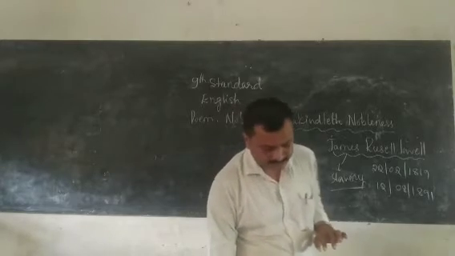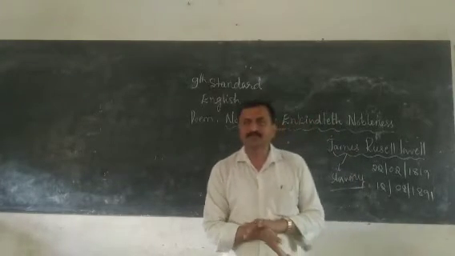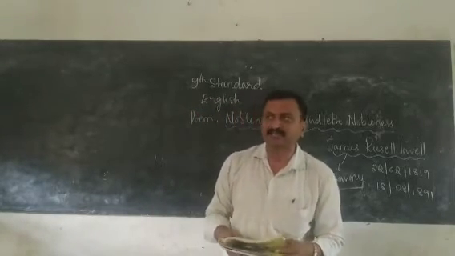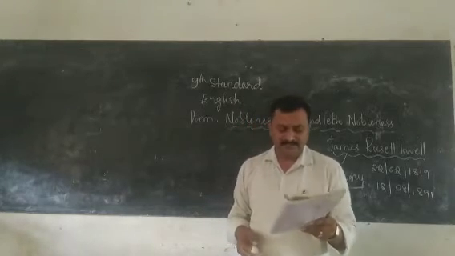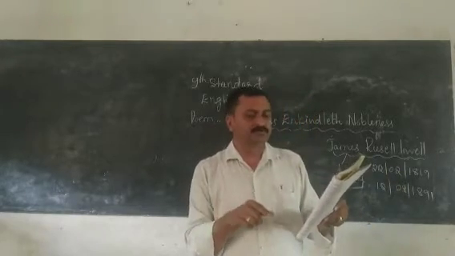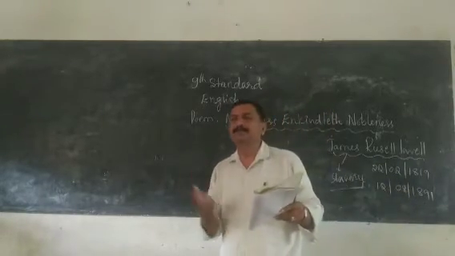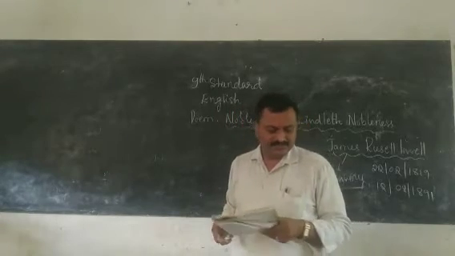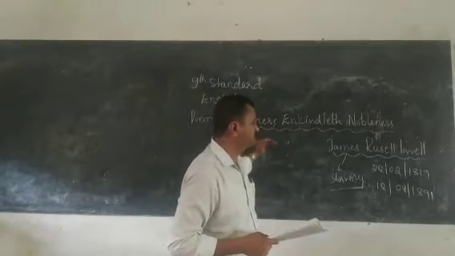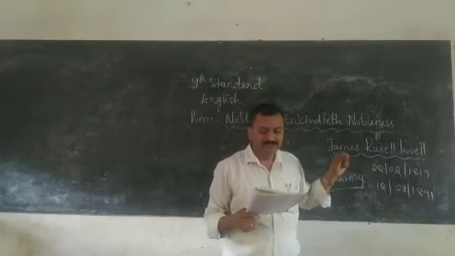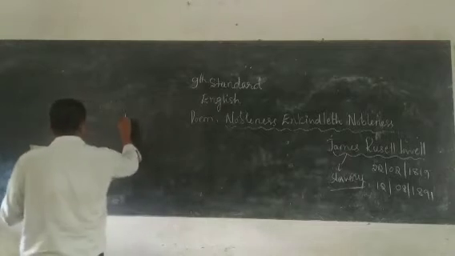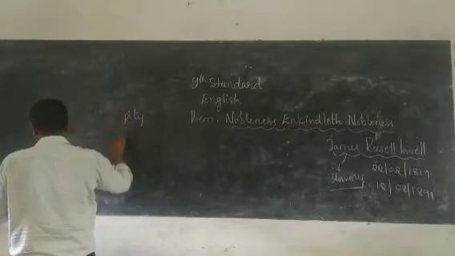Anyhow, here is the poem. Before we start this poem, there are some words on page number 116. Those words are related to a kind of sympathy for somebody. Here we understand the title given, Nobleness Enkindleth Nobleness. Here are some words. I am going to write those words on the board. Look at this: pity, forgive,